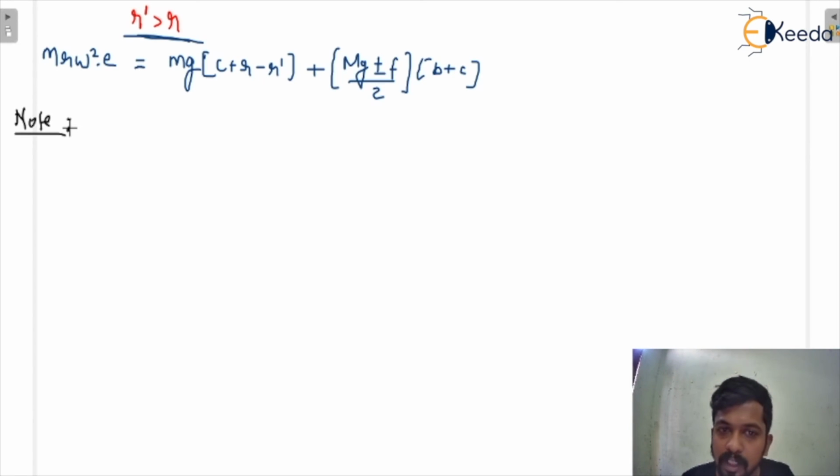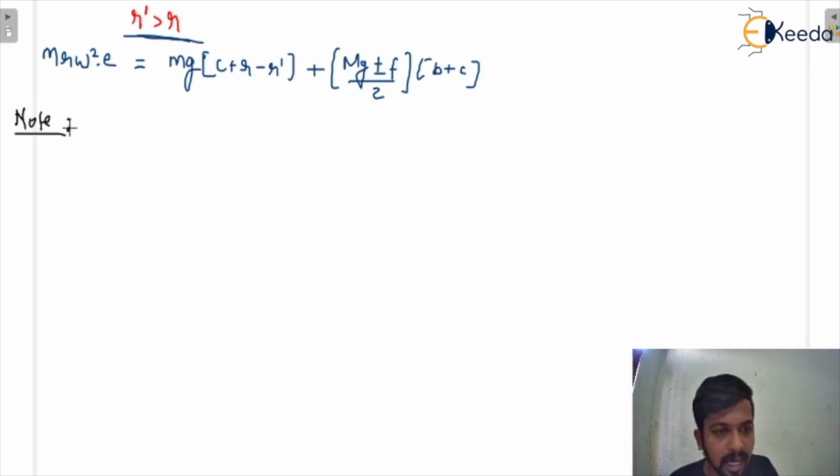So that means overall inertia is going to be reduced. Yes or no? If the overall inertia of the governor is reduced, that means for getting the same performance, we will use the Powell governor, not the Porter governor. Because the performance is the same for Powell and Porter governor, the only benefit is that in case of the Powell governor, the flyball mass is going to be reduced. That means overall inertia is going to be reduced. So we will use the Powell governor.